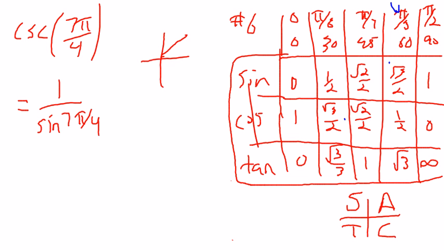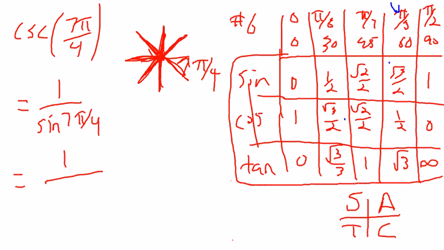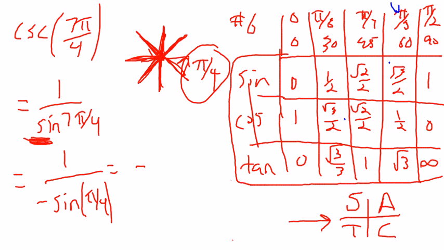I got 1, 2, 3, 4, 5, 6, 7. That gives me a reference angle of pi over 4 to the x-axis. So this is equal to 1 over... Alright, I'm going to do a couple things here. I'm going to take care of the signs. Cosine is positive in that quadrant. I'm working with sine right here, so therefore it becomes negative. So I get negative sine of, and my reference angle is this guy, pi over 4. So that gives me negative